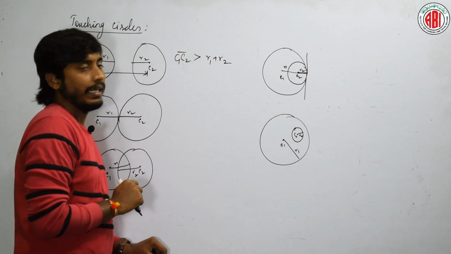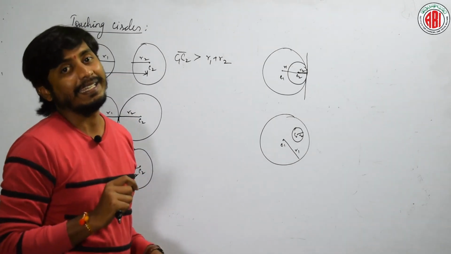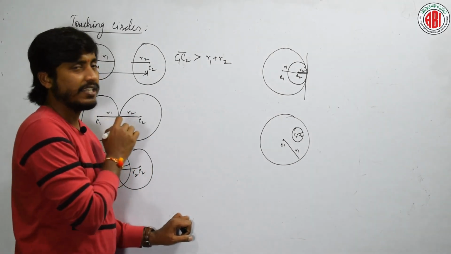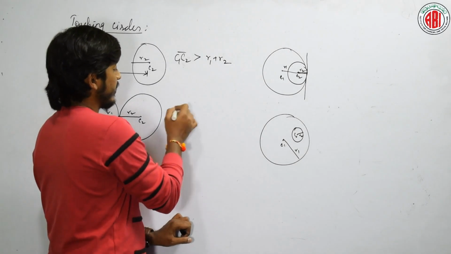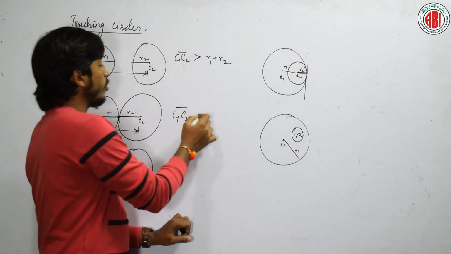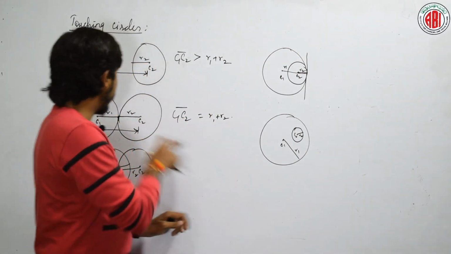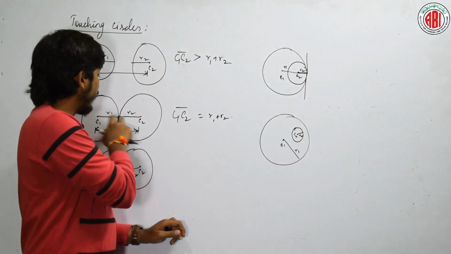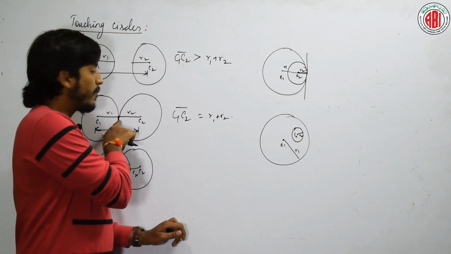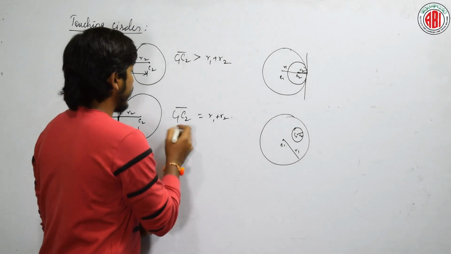Which means these circles are touching externally at a point, let us say some point. Then what is the condition here? The distance between two centers is equal to the sum of the two radii, isn't it? The distance between two centers, that is C1C2, is always equal to R1 plus R2. Clear? Do we have a point of intersection? Yes. So, you have to remember